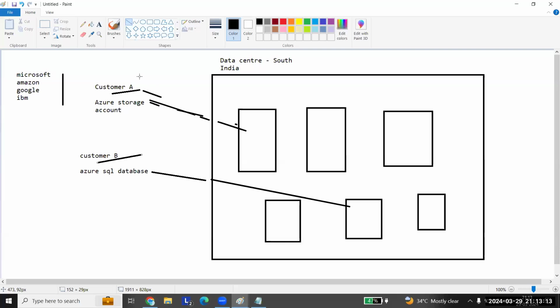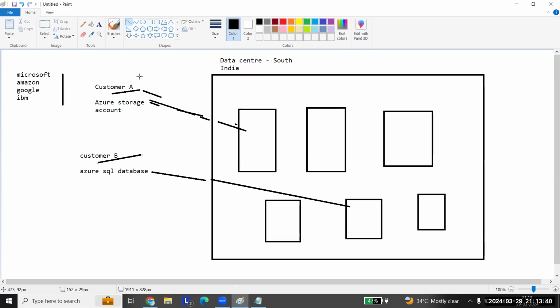Like this, you'll have thousands of customers creating their resources in the data center. Even though they have their resources in this data center, no customer is allowed to go to the data center and see there. They don't have that permission, because every customer's data is present there.